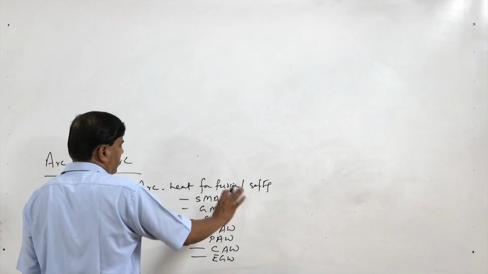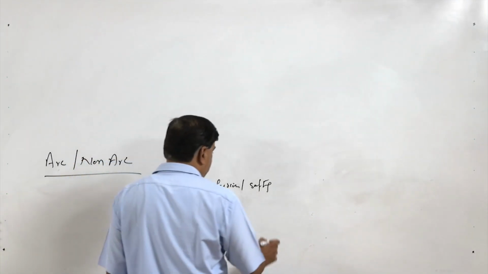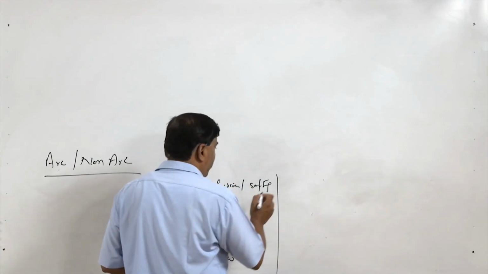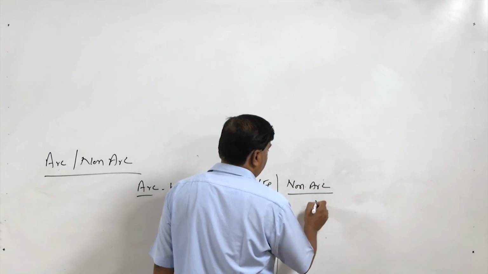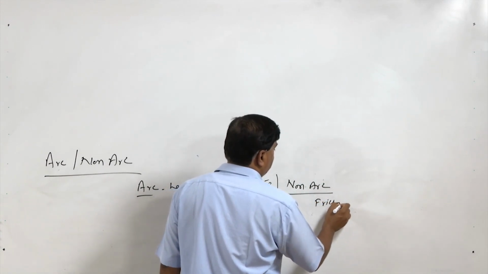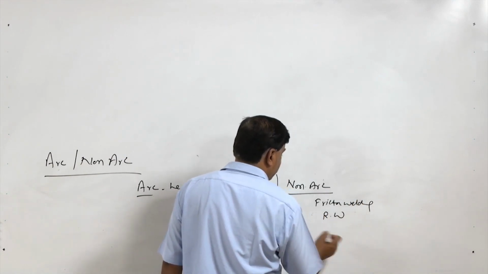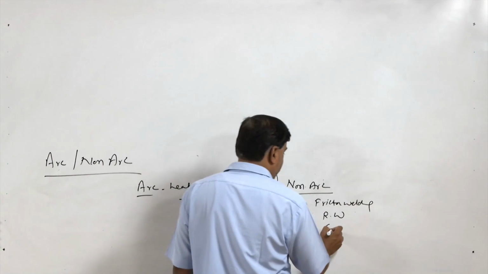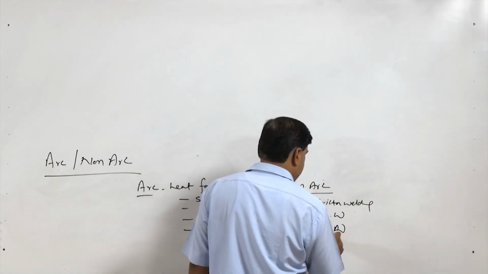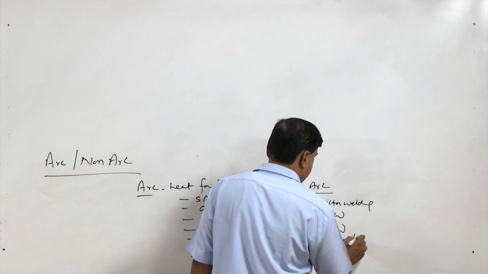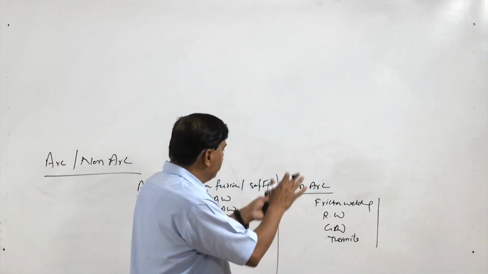So, all these are the processes where arc is used for generating the heat, and all other processes where no arc is used are non-arc based processes like friction welding, resistance welding, gas welding, thermite welding. So, all those processes where the arc is not used can be placed in this category,